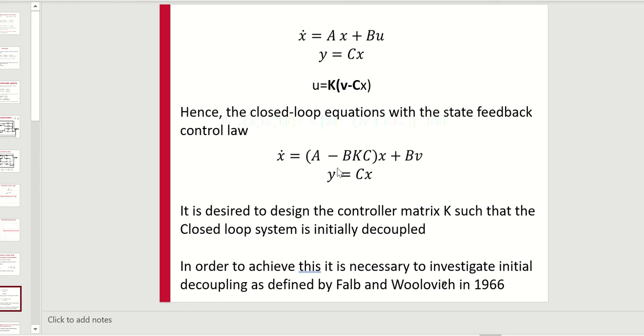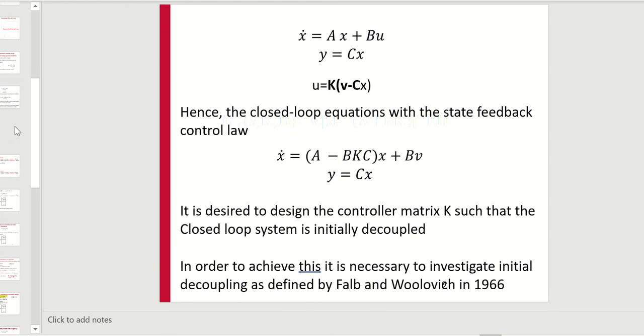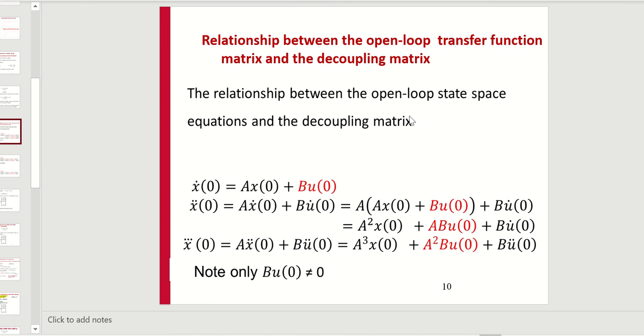Initial decoupling means that the variable you want to go off goes off in the right direction, and the other one more or less stays where it is. That is true for every single channel in your multivariable system. In order to look at this, we've got to look at what's called the decoupling matrix. For a multivariable system, there's a matrix called the decoupling matrix, and we can use this to help us in the design of that part of the control system. So if we consider the initial